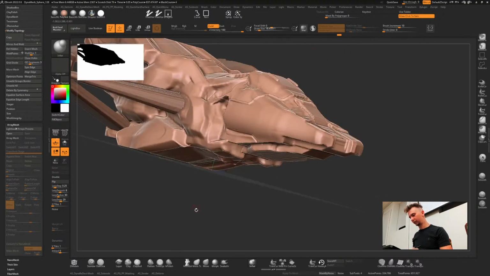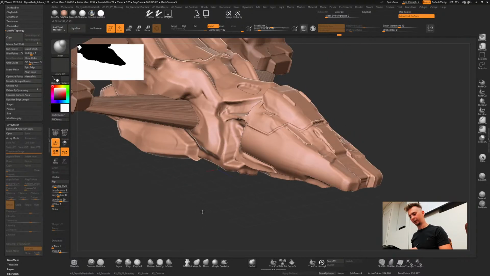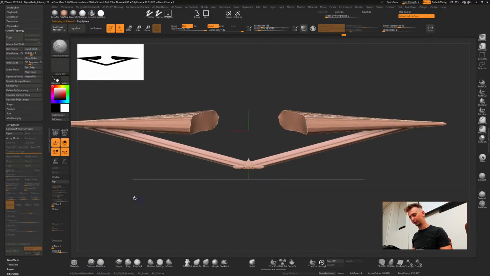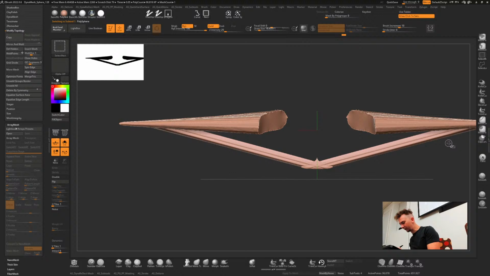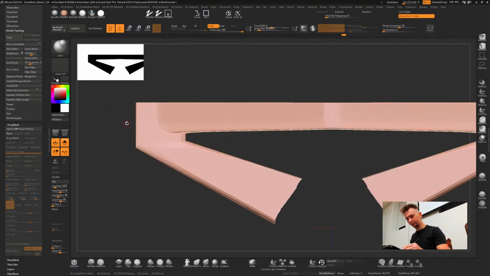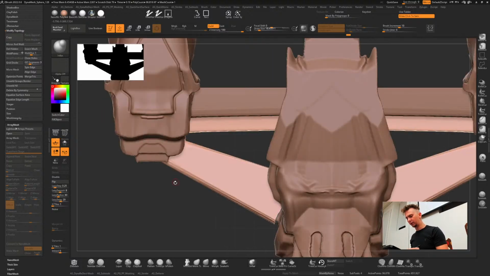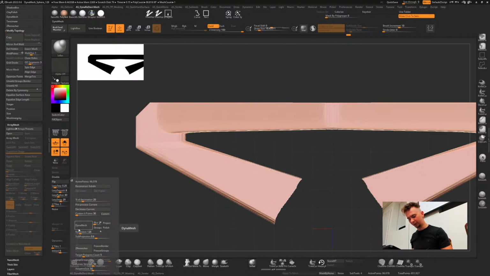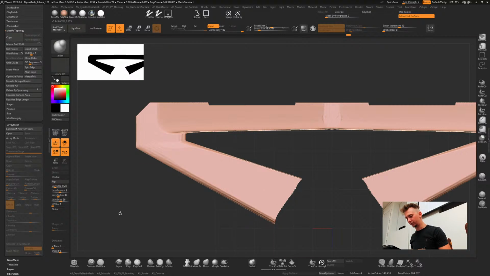Now it starts to look like, if I ignore the rest, obviously I didn't even touch this part, so there's a lot of issues there. In fact, we can quickly fix it with just a little bit of clipping. And you always want to get rid of the straight lines, so if this is too straight and not sci-fi enough, we can DynaMesh and just do stuff like this.